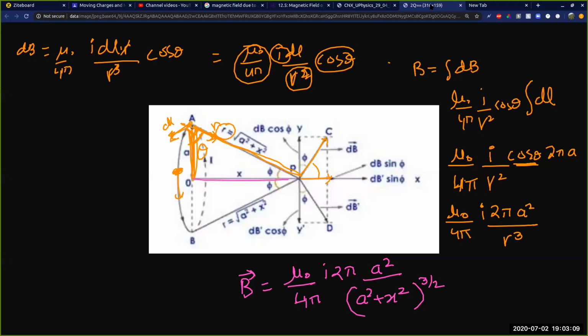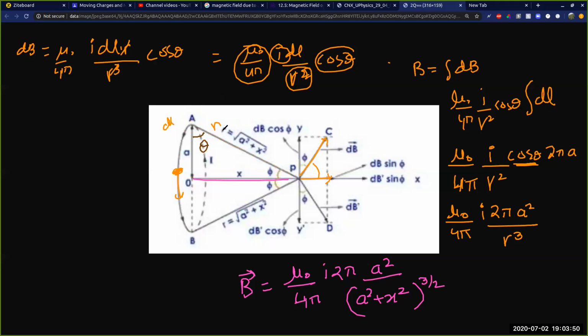Theta is the angle between what? Theta is the angle between the R vector and the radius vector of the circle. Could you remove whatever you've written? I don't want to copy the diagram. No, don't erase, keep the diagram, I want to copy it. The diagram part you can erase. This is the theta. Shouldn't it be between dl and R?